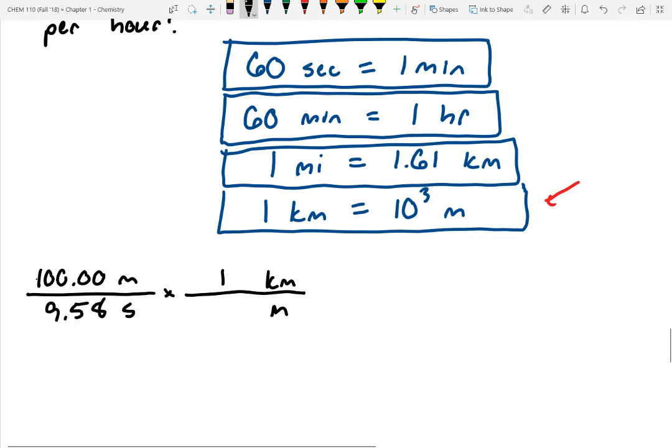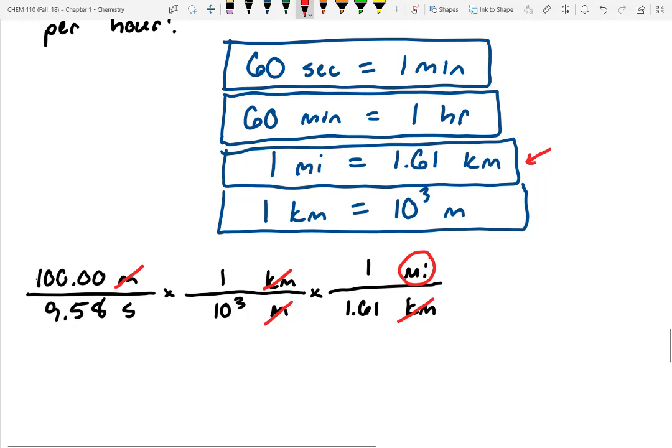We know for every 1 kilometer, we've got 10 to the third meters. And then, now that we've canceled out meters, we can cancel out kilometers. So I'll put kilometers on the bottom. And our next unit conversion up, we can relate kilometers to miles, right? So I'll put miles up here. Say for every 1 mile, it is 1.61 kilometers. Okay, so now I've canceled out kilometers, and I've got the final unit that I want in my final answer,